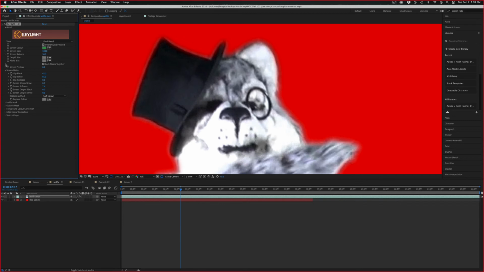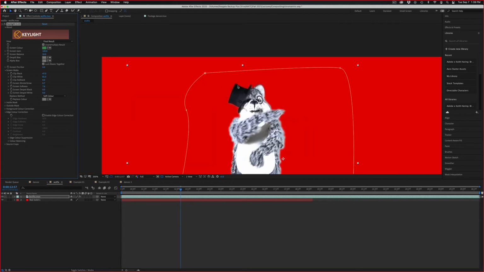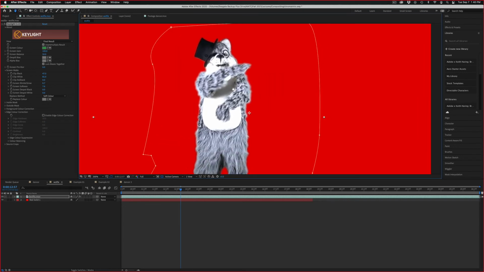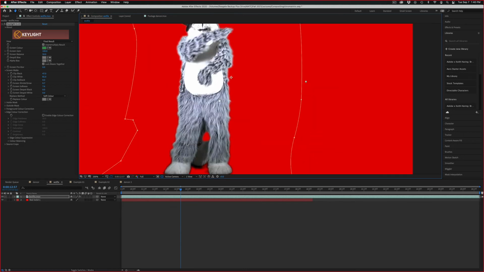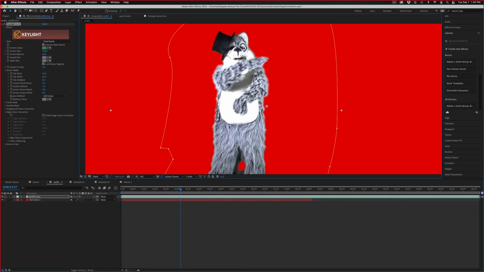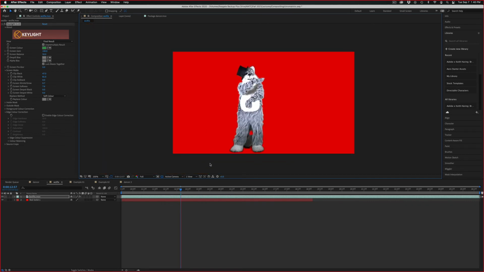And then we'll talk about some of these other options in upcoming classes, but like edge correction specifically, if there was a lot of spill going on, which there's not, lighting's a big consideration, not just because of the shadows, but also is the light bouncing up on your subject. So if there was a lot of spill from this character from the background, we'd get a lot of green on the paws or anything that's reflective, and that would require treatment on its own. So if we play this back, that's looking pretty good